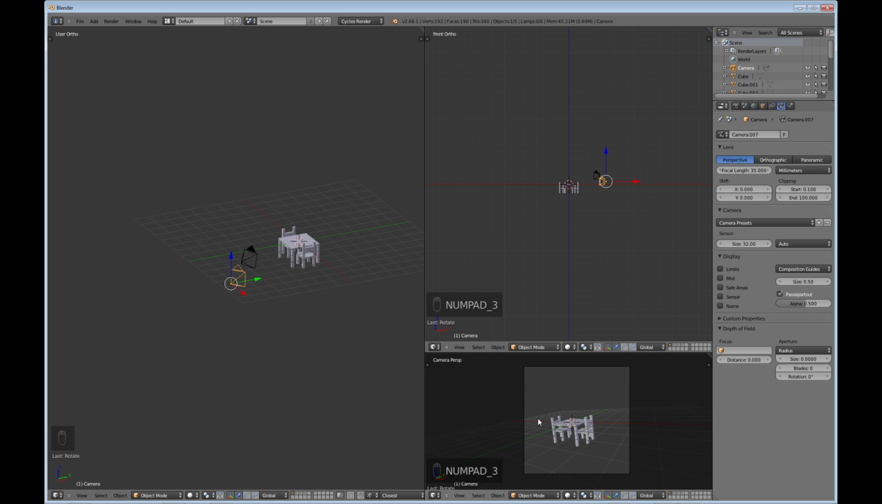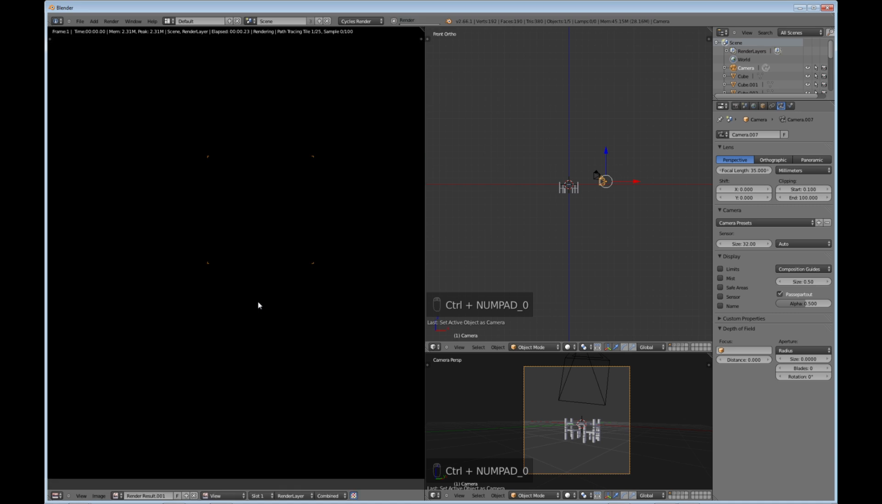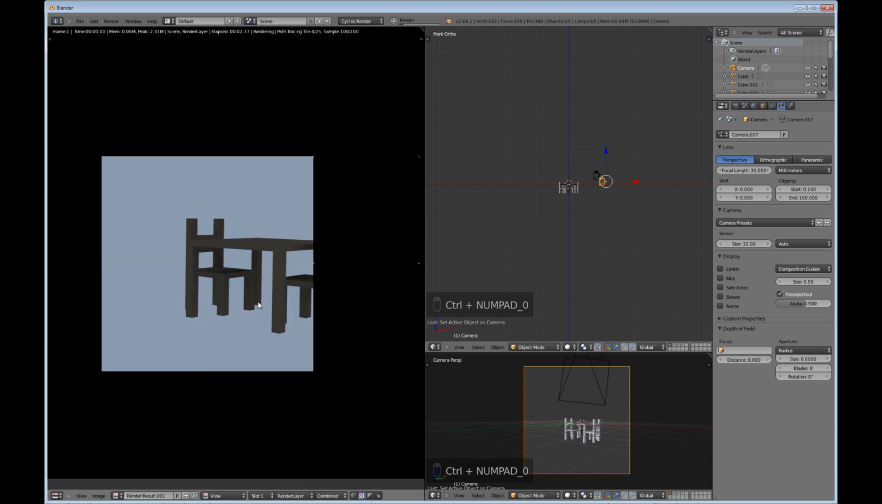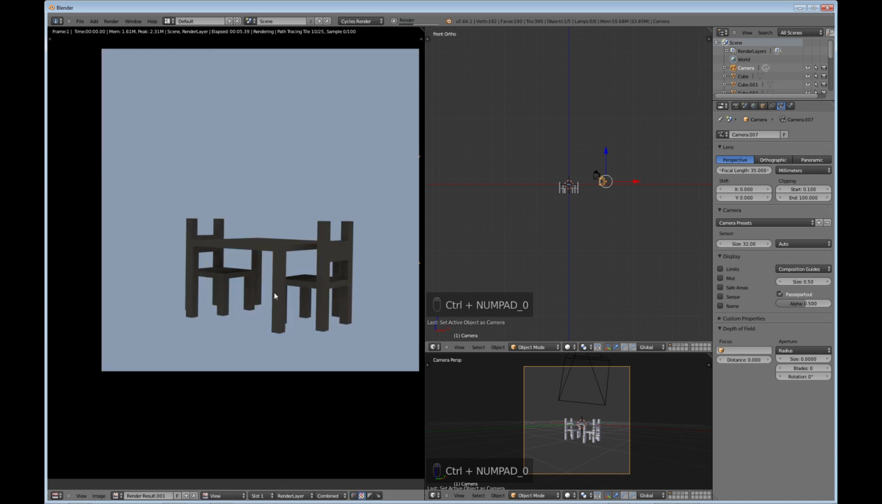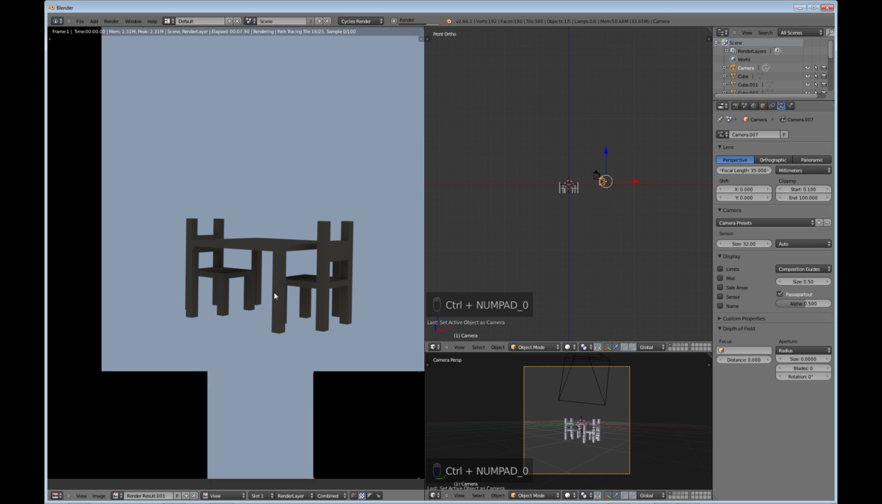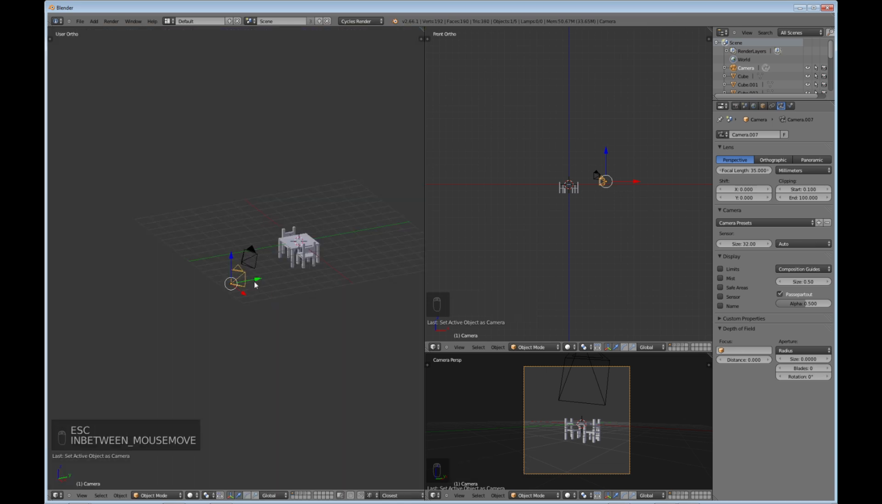You can go over to one of your other views and you can hit Control 0, and that will make the camera that you have selected the active camera. So you can see we kind of see the table in our viewport, which is fine. And to render, we just do an F12. Okay, so not very pretty, but